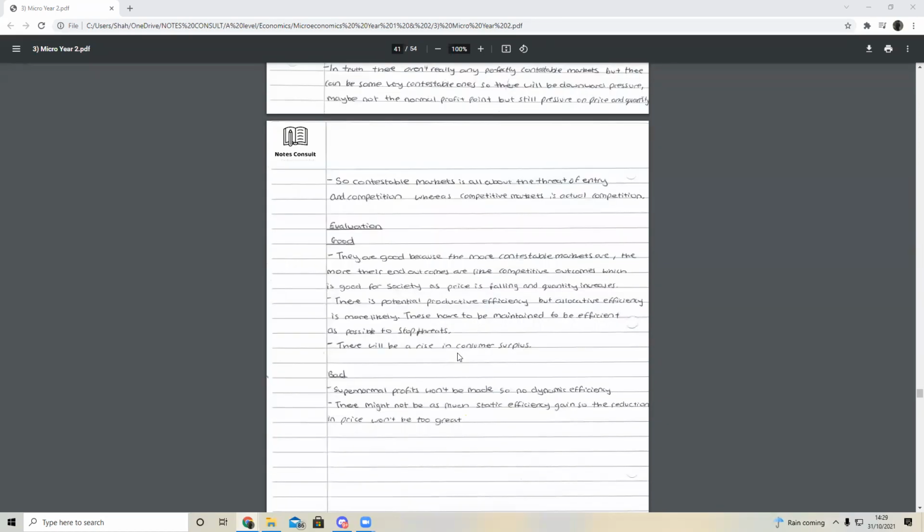I haven't really seen many essay questions on contestable markets, maybe one or two, but they're not very common. When it comes to micro, people just like to talk about the actual normal market structures, like monopolistic competition and oligopolies. That's what they like to test you on. Examiners like to test you on monopolies, oligopolies, monopolistic competition and perfect competition. I've seen a lot of questions where they want you to explain the graphs that we saw.